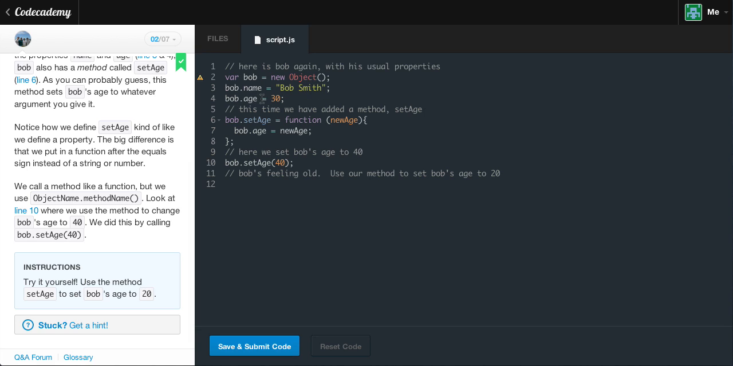We're setting his age, and we're defining these all at the same time as we set them. So we're declaring his age to be 30. Now, this time they've added a method called setAge. So bob.setAge equals function(newAge), where newAge is a variable that they will be passing through the function. Whenever you say bob.setAge, you're going to pass in a new age integer. We'll get to that in a second. What it's going to do is take that new age and do bob.age equals